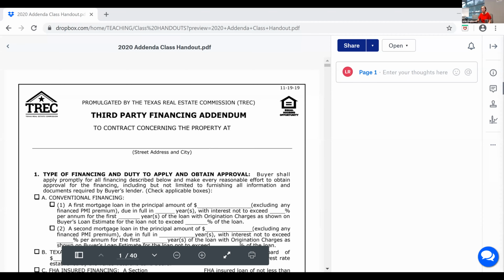So we're going to start with the third-party financing addendum. I'll teach contracts next week, but more than likely, unless it's a cash offer, you're going to be using a third-party financing addendum. So the type of financing,